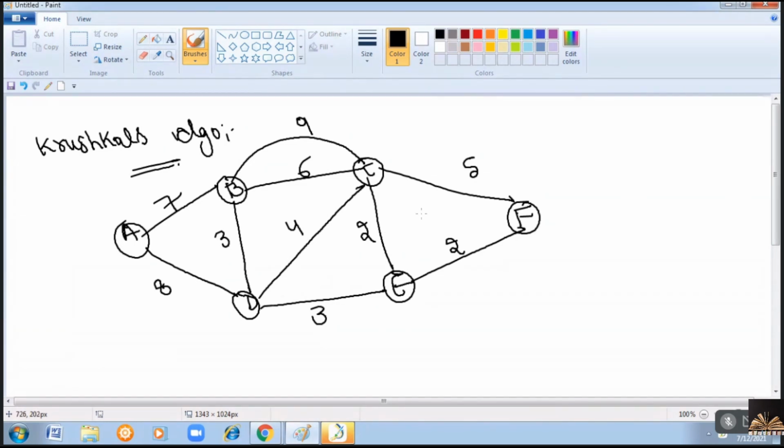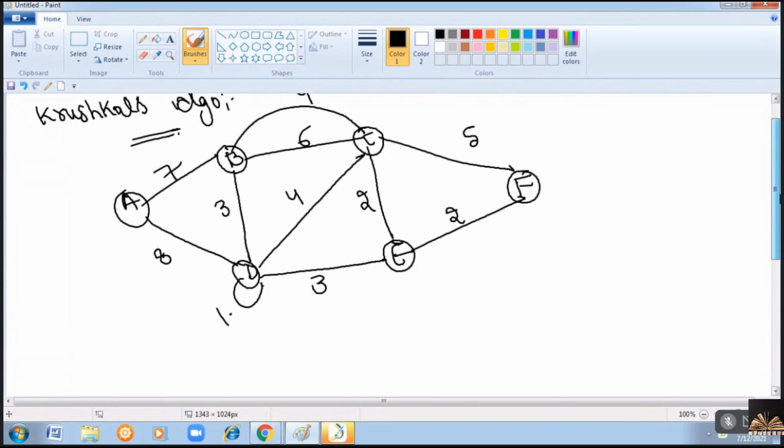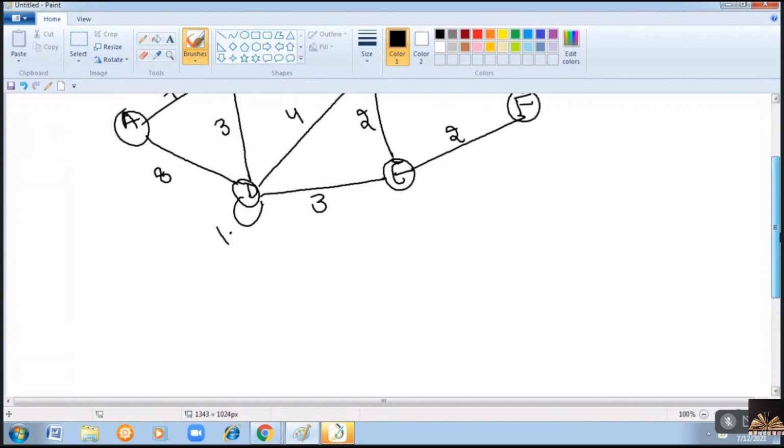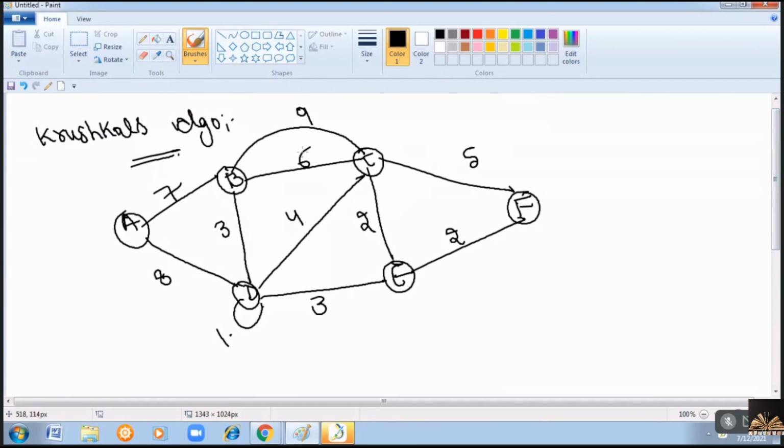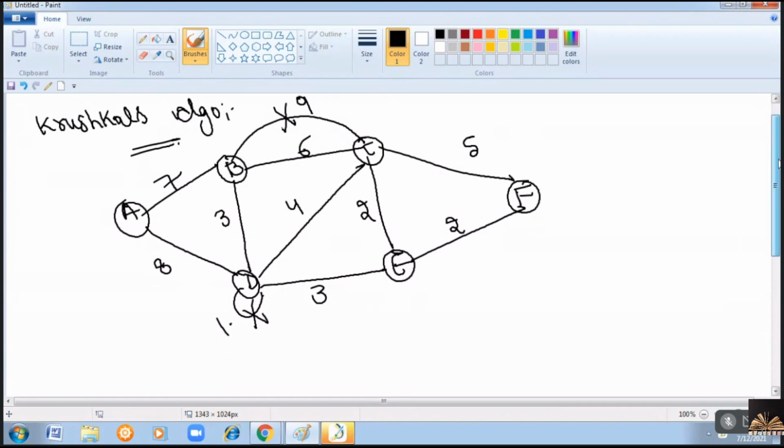So now this is the graph. First step is you have to eliminate the parallel edges and self loops and redraw the graph. What are the parallel edges we have? Here these two are the parallel edges, so you can remove this one. Why? Because this is not having less weight. This edge has the least weight, so you remove the other, and you can remove this loop also. So you just remove them.